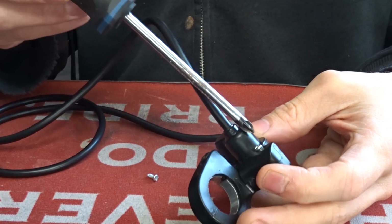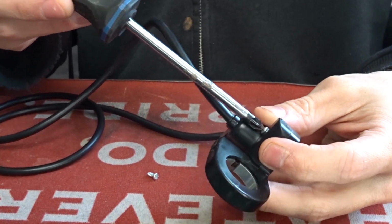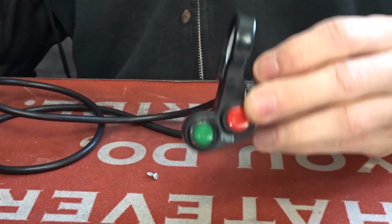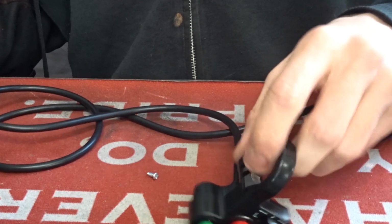Welcome to part 7 of the BMW R80/7 build. I have bought myself a very cheap indicator switch,